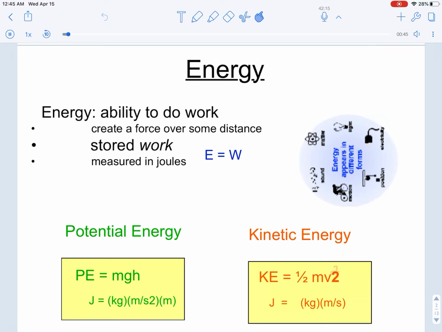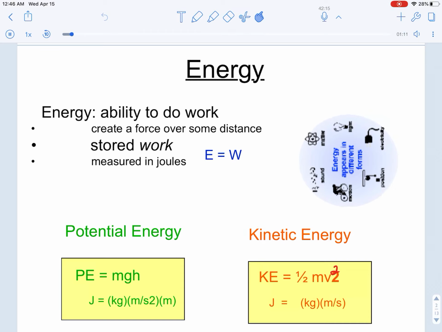Then we have kinetic energy, which is basically energy in motion, and this is going to be 1/2 mass times velocity squared. Please make sure that you understand that that is not times 2, that is going to be squared as an exponent. So assuming that you have already studied those topics and you have a good grasp of